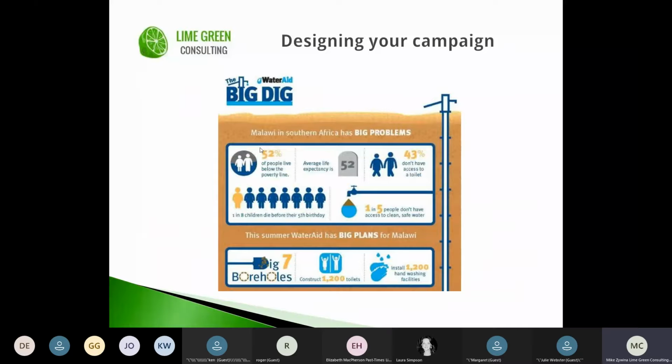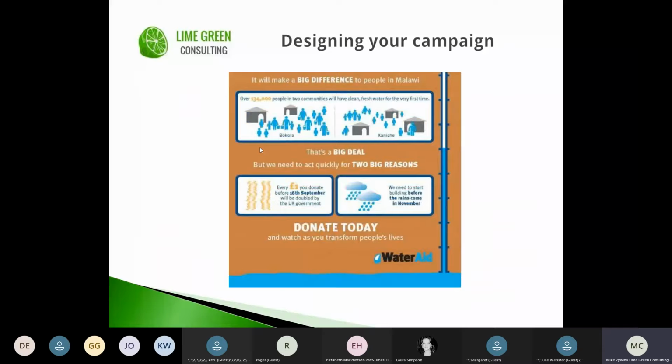And they said, this summer, WaterAid has big plans for Malawi. We're going to dig 7 boreholes, and we're going to construct 1,200 toilets and install 1,200 hand washing facilities, again illustrated with those graphics. And then they had a section on the difference and the impact they were going to have. So they said over 134,000 people in 2 communities will have access to fresh, clean drinking water for the first